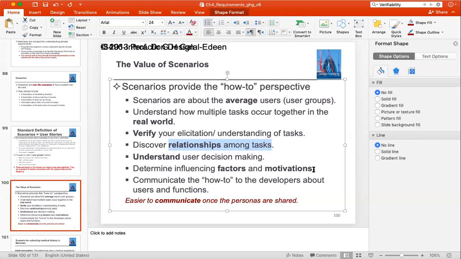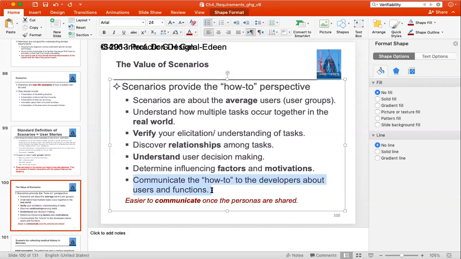So if you know something about what motivates people to join in, and joining in for you means more income because you have a bigger user base, that's why an application like WhatsApp was sold for something like $16 billion to Facebook, because lots and lots of people were using it. There's something like 2 billion users of WhatsApp. So the question is, what motivated them to do that? And this definitely helps you engineer the system and come up with features that motivate more users to join in. Scenarios also help you